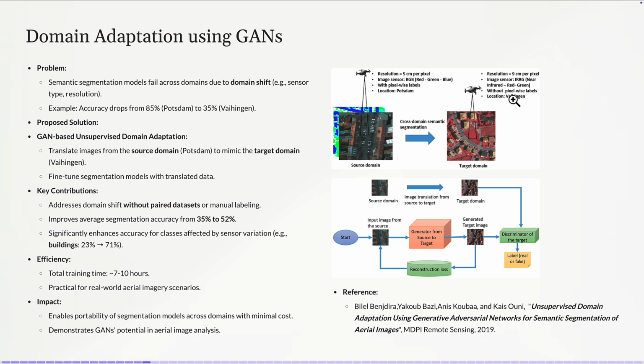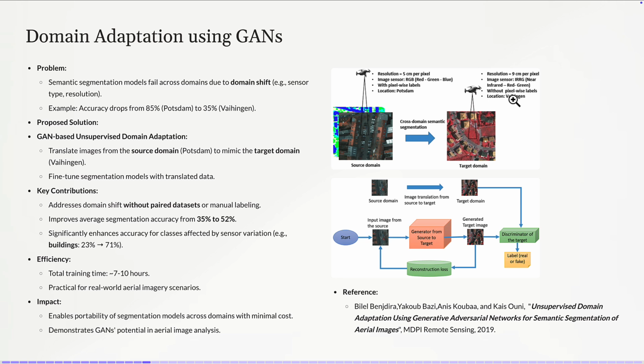And our problem here was to build a semantic segmentation model on two different data sets. So this is the source domain. In this source domain, we have a model that is able to make segmentation. Segmentation is even more difficult, you know, segmentation of cars, segmentation of buildings, and so on. And we want to use the same segmentation model across another domain. This is our target domain. Both are aerial images. This has a resolution of 5 centimeters per pixel, and this has a different resolution, 9 centimeters per pixel. This will affect the segmentation quality.